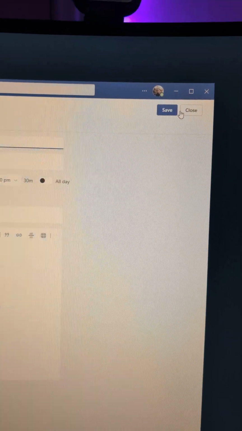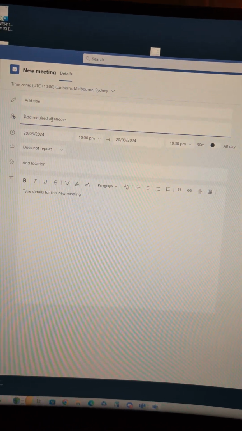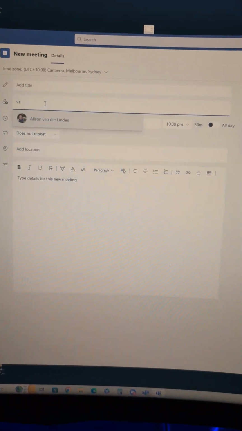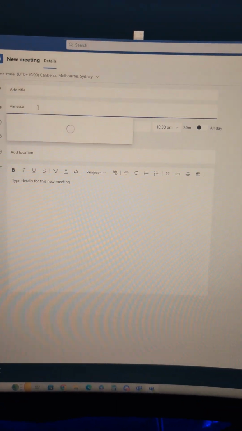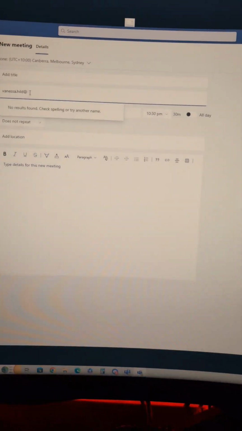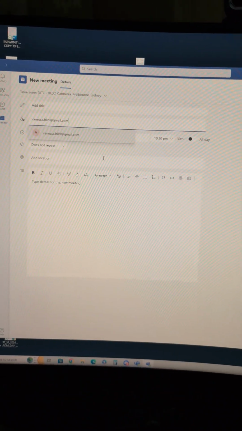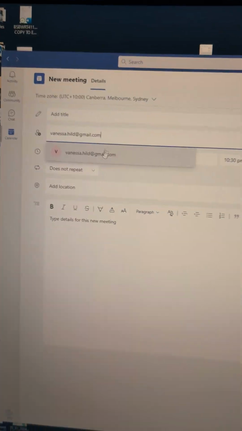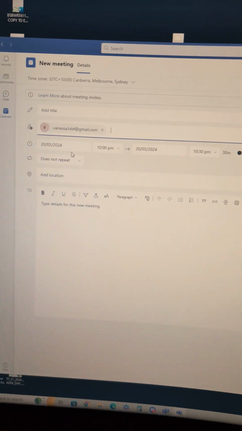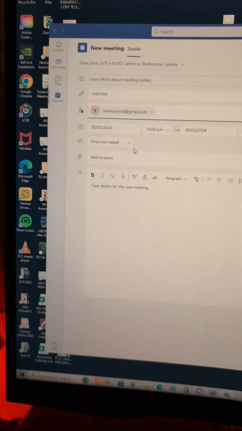So you simply click into that, add your title, fill in the fields, and add who you want to add to the call. So for example, I'll add my colleague here, Vanessa. Now I've already created an existing meeting, so I won't send her another invitation, but this is how you would do that. And you can also set the date, the different timings,